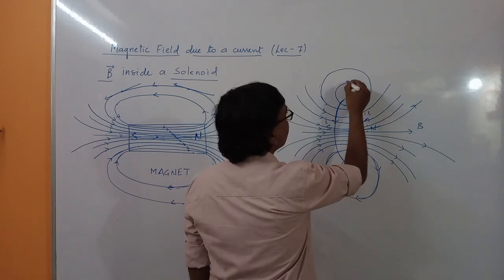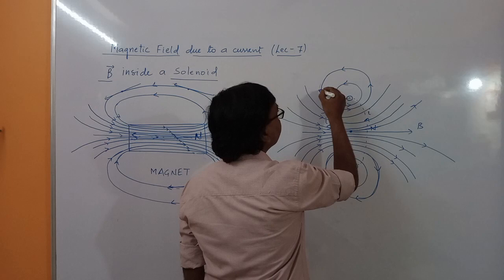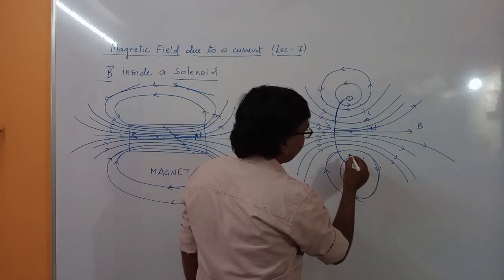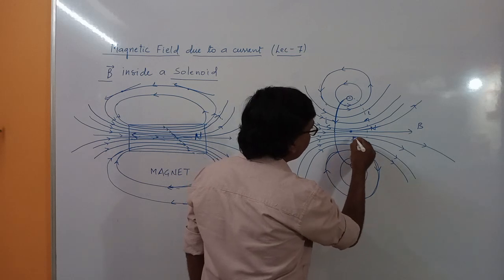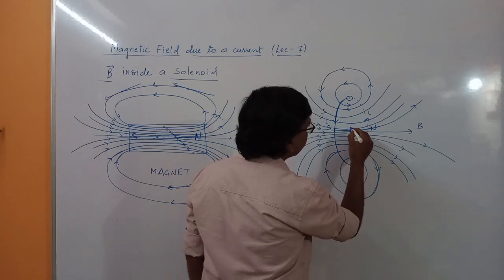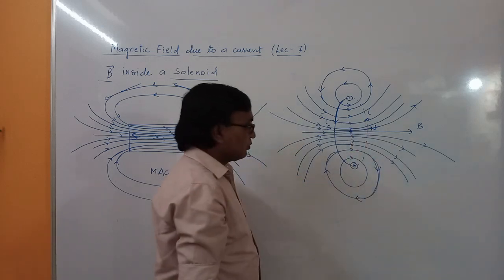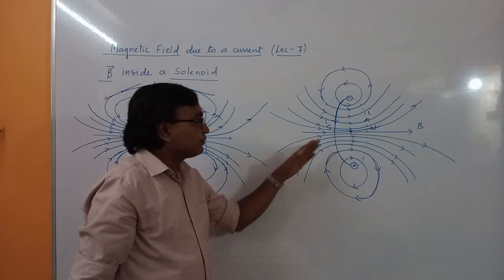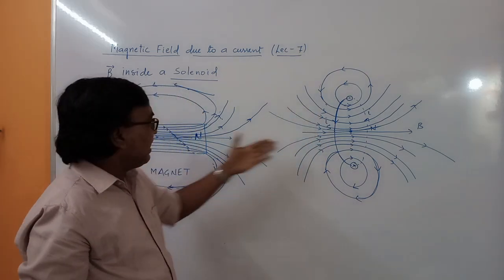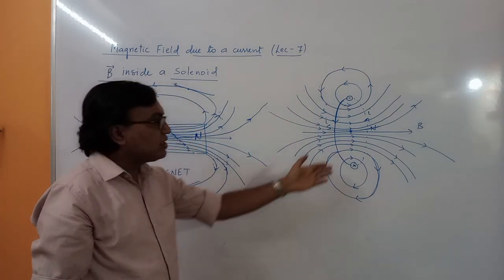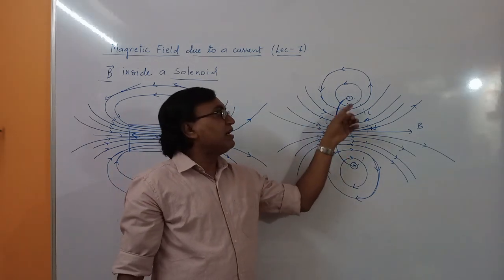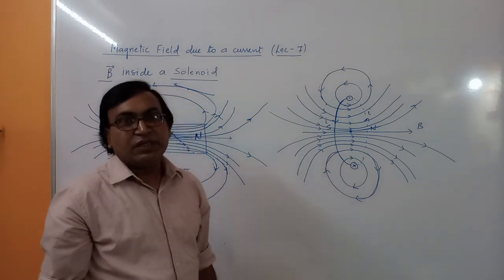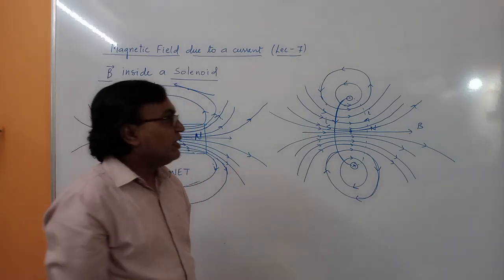Okay, yes. So this is the direction of field. Here the magnetic field line is along this direction, inside. This circular ring has magnetic field lines just like a bar magnet. So this is an electromagnet. As long as the current is flowing, there will be a magnetic field. Once the current is switched off, the magnetic field will diminish.